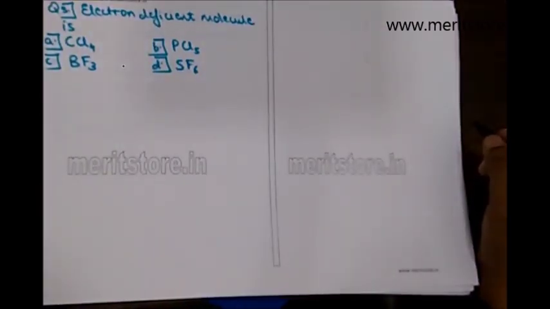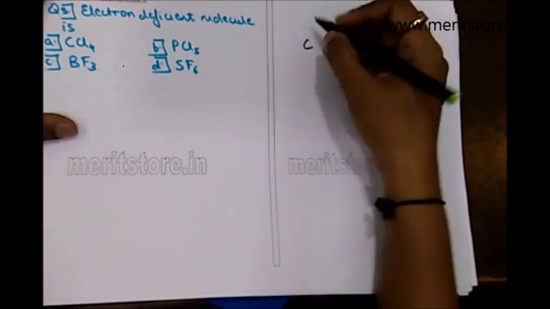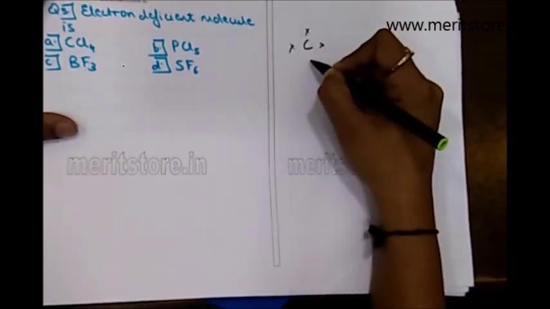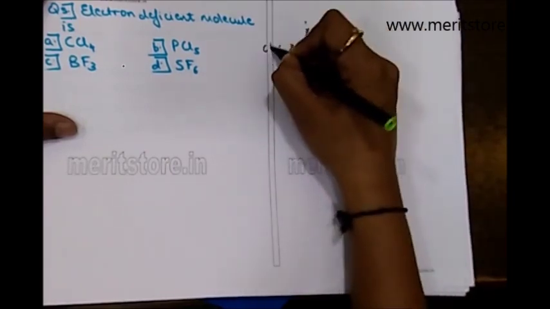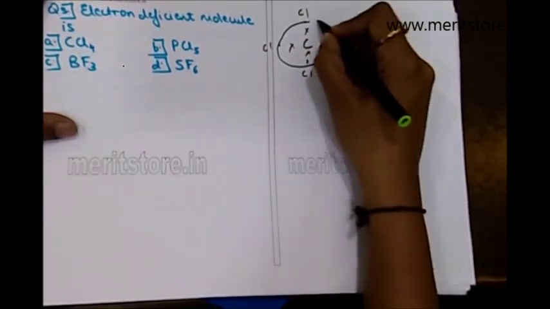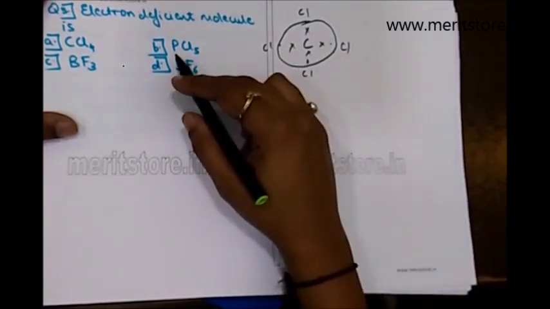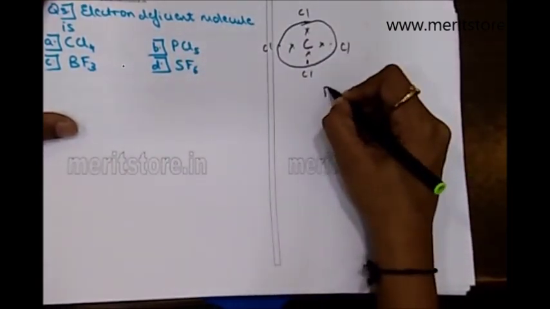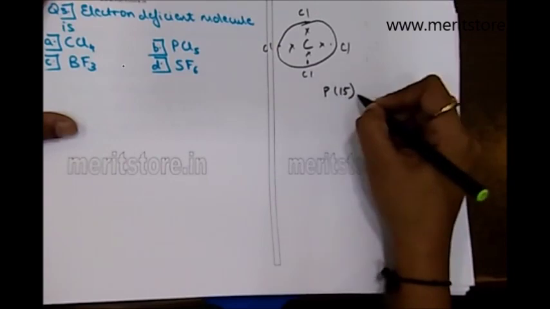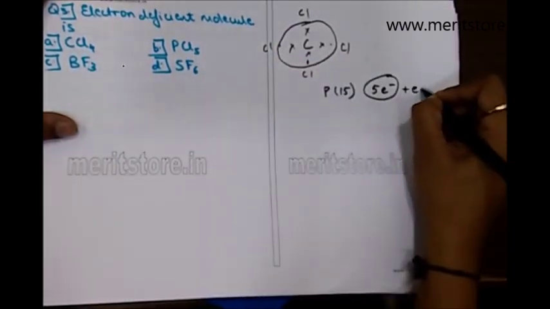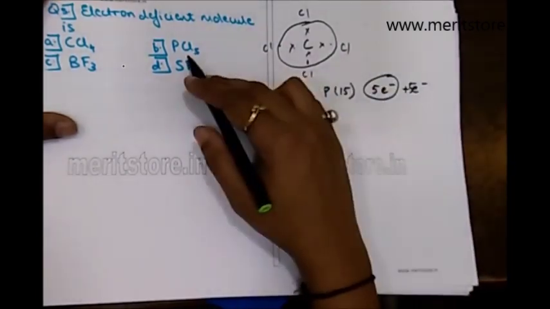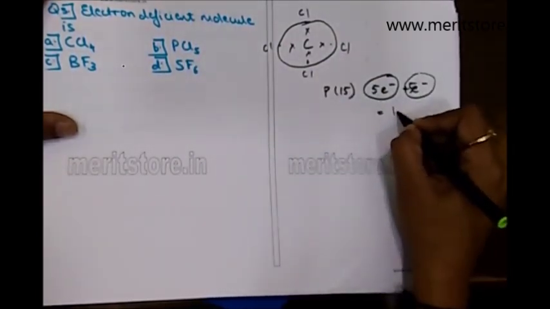Question number 5 is we have to find the electron deficient molecule in this following compound. When I talk about carbon, carbon is having 4 electron in the outermost shell, sharing 4 electron with the chlorine. So outermost shell of the carbon will be complete octet. In case of phosphorus, phosphorus contains, according to the atomic number 15, 5 electrons in the outermost shell, sharing 5 electrons with the chlorine, because there are 5 chlorine in the molecule, so it will be having 10 electron in